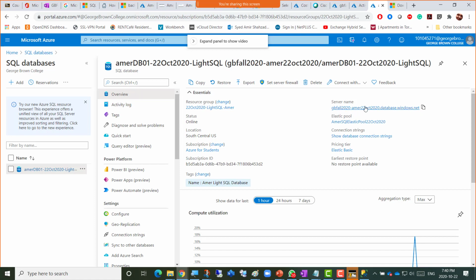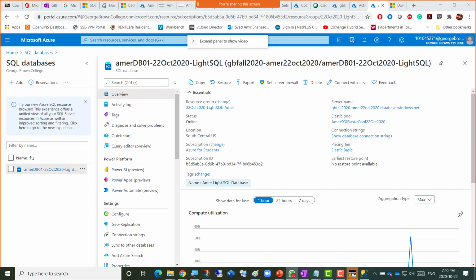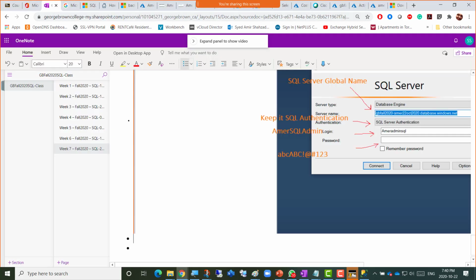There's a global URL for that SQL machine. So I'll copy that and put it in. So URL for Azure SQL, and I've just put it inside WhatsApp, and I'm putting it on OneNote as well,